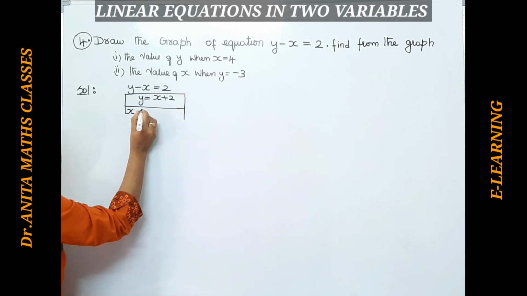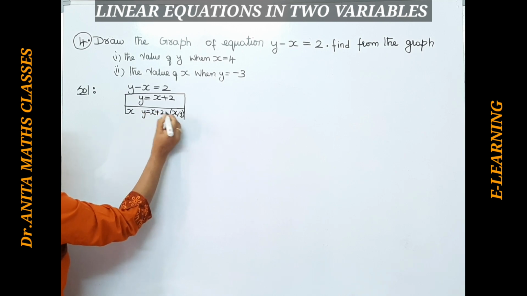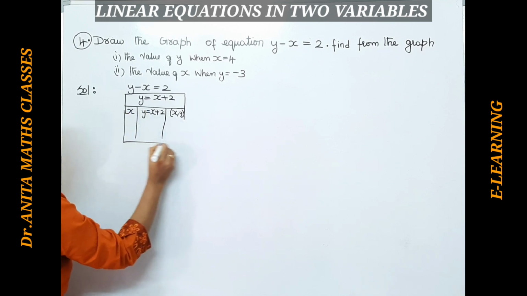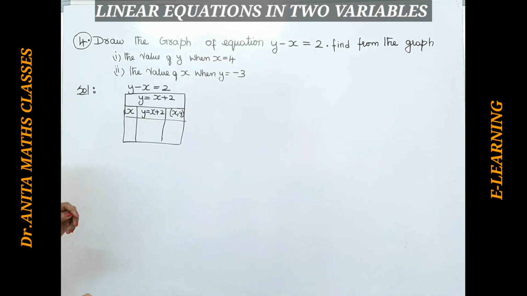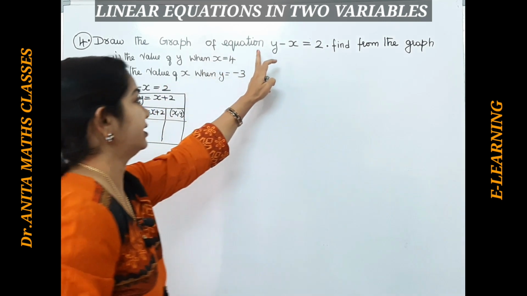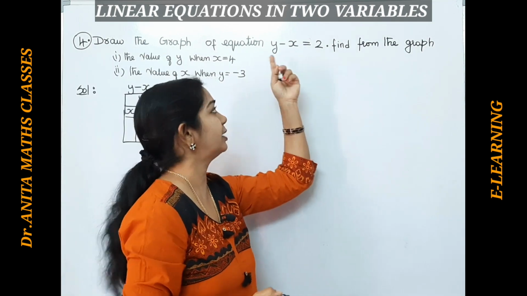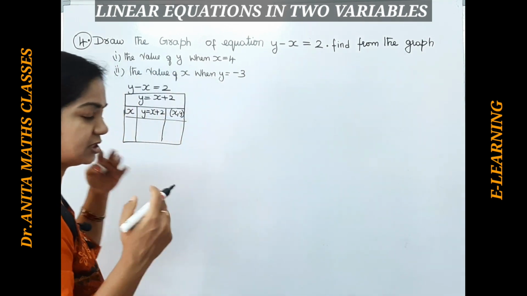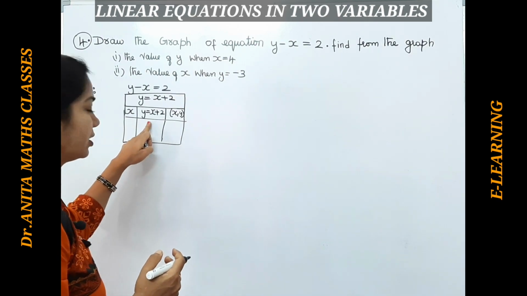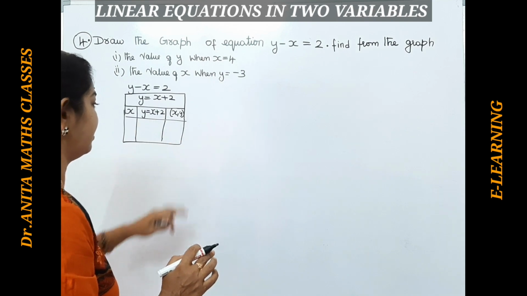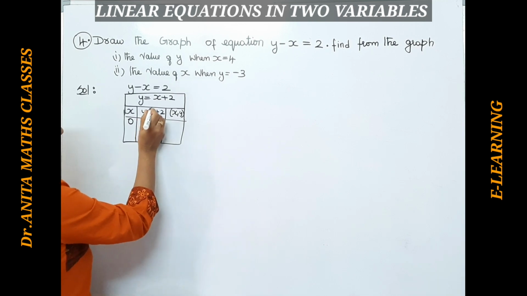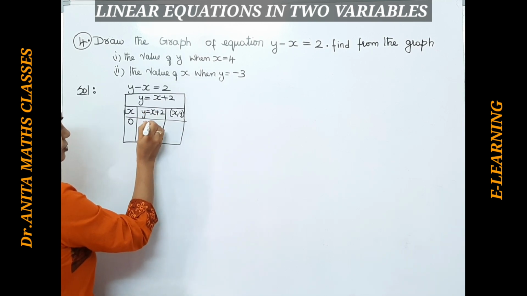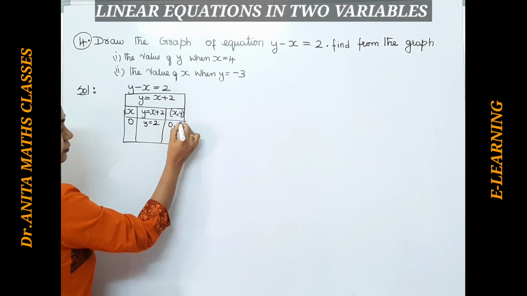Okay, x and y value is x plus 2, x comma y is the point. Now, because this is very simple, there are no multiples here, 2, 5, no multiples here. So let me first suppose zeros. Okay, then if that does not work out, then if I get some fractions or some points, let me eliminate that. Okay, first let me suppose x is equal to 0. Okay, if x is equal to 0, 0 plus 2 is 2. So y equals to 2. So 0, 2, we got it.